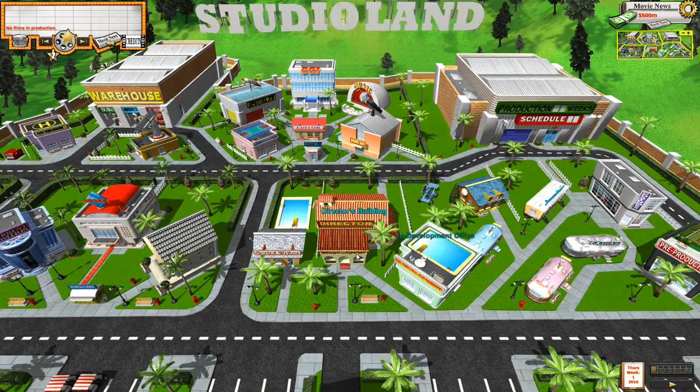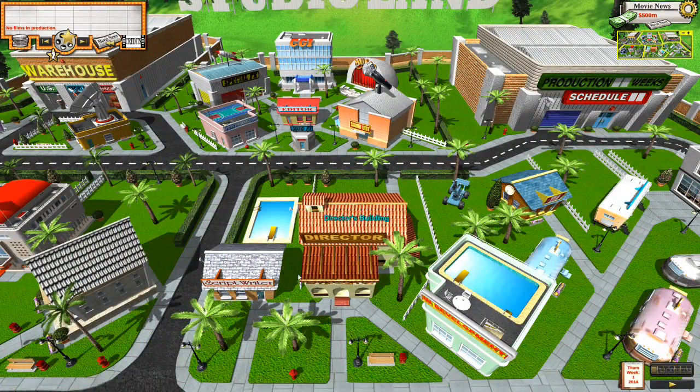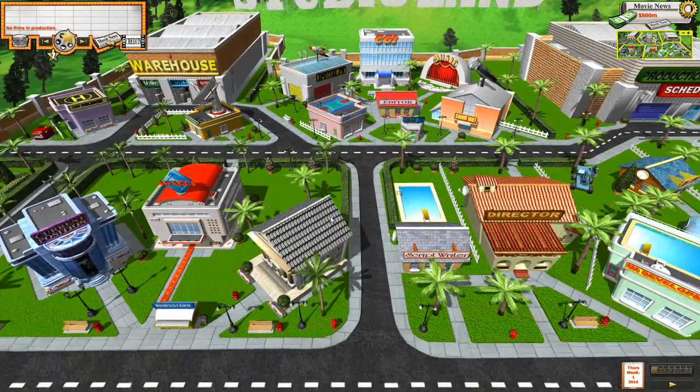I've got to be honest, I'm not having nearly as much fun with this game as I had with the movies back in 2006 when I played it. But what this is, is a map of your